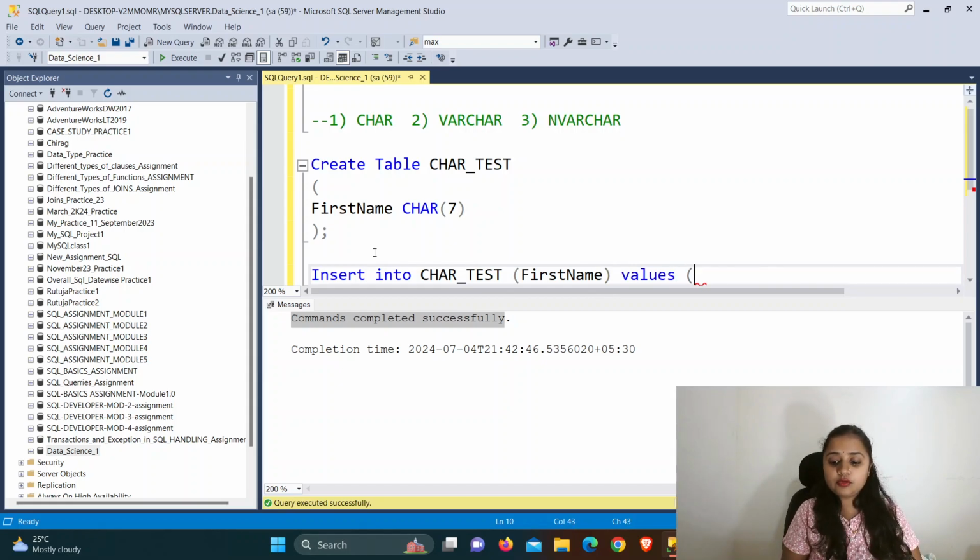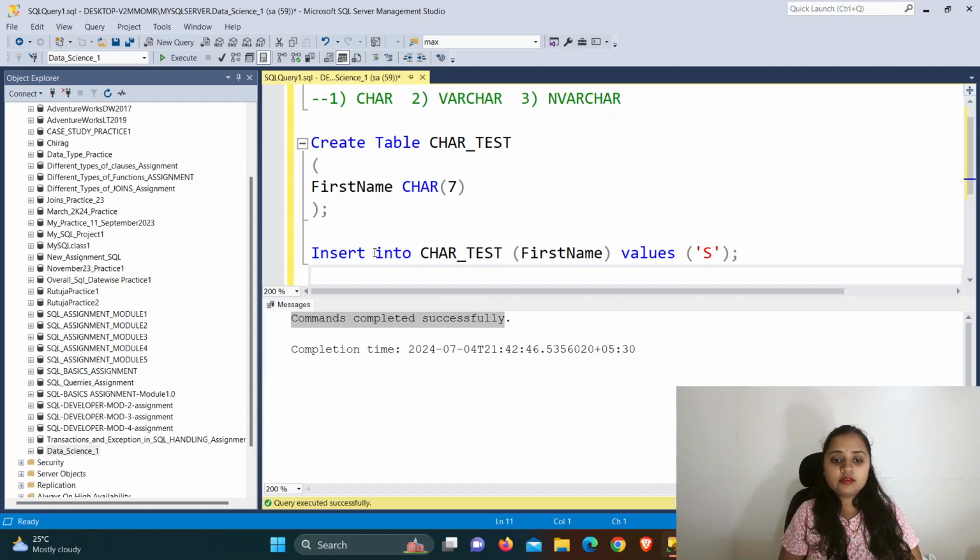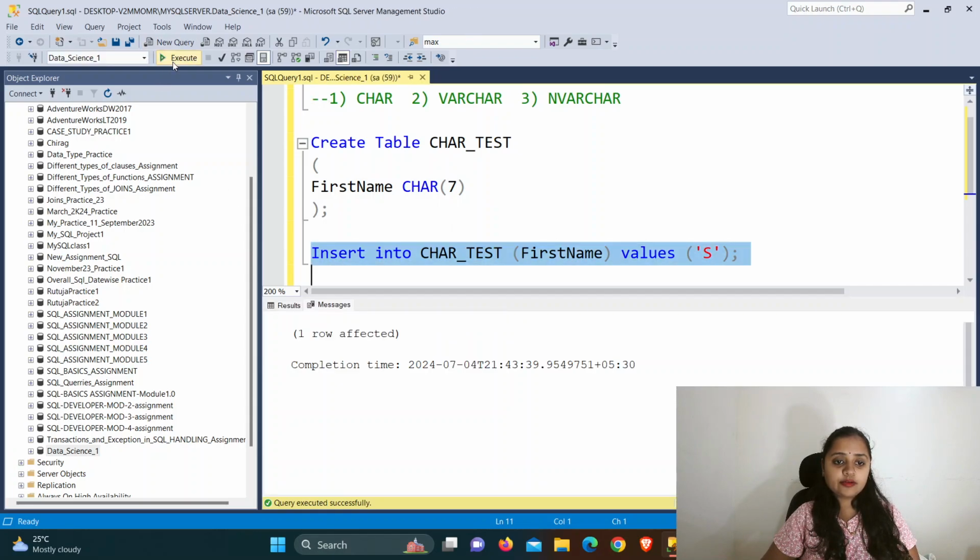Then I want to give the column first name as S, only this one. I want to explain to you guys in a very good manner, that's why I'm giving it in this way, just one. And then select this statement and hit the execute button. Okay. So it is one row affected.